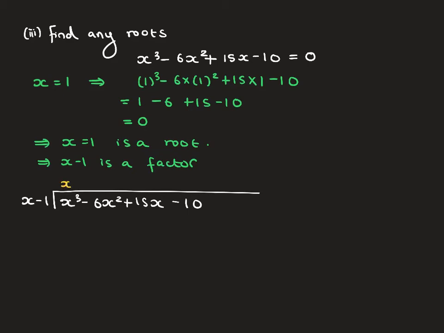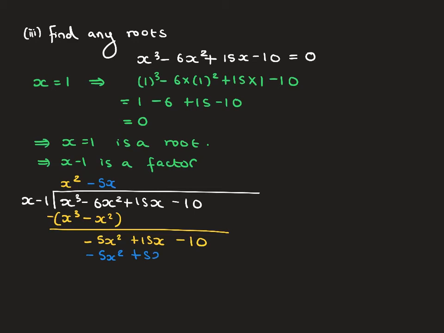So I will get x squared here. Multiplying back gives me x cubed minus x squared. Subtracting then gives me minus 5x squared plus 15x minus 10. So I get up at the top minus 5x, multiplying back, minus 5x squared plus 5x. Subtracting then gives me 10x minus 10. So up at the top, very simply, I have a plus 10, and of course multiplying back then gives us